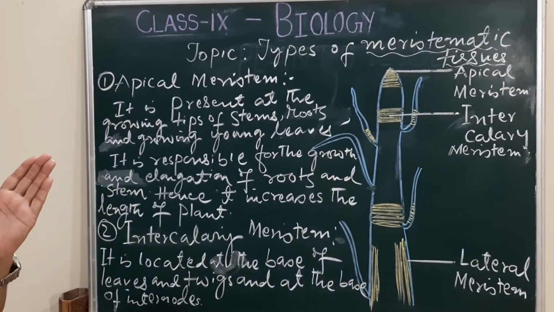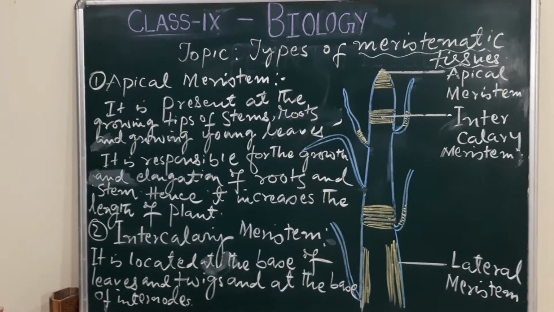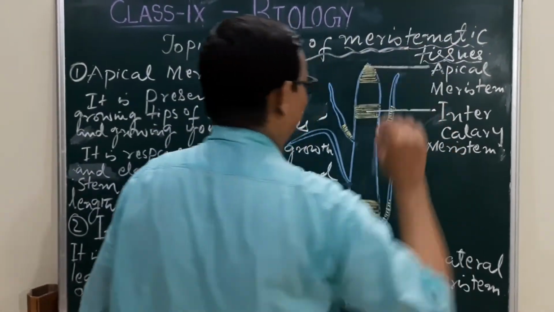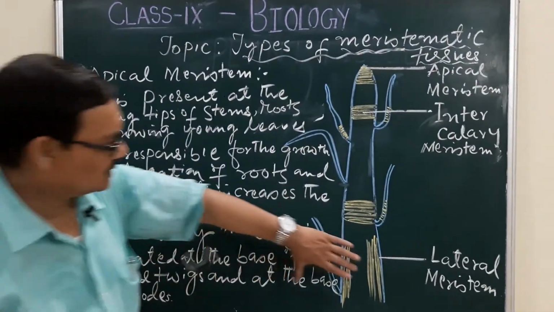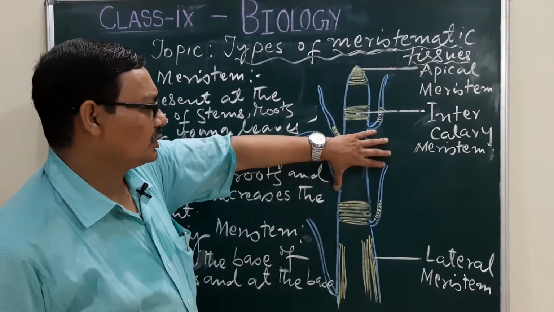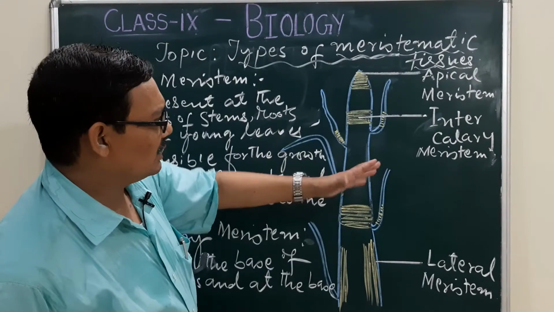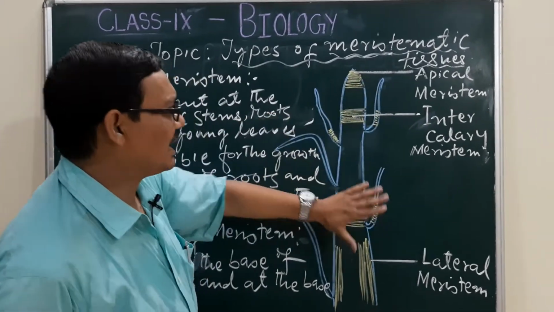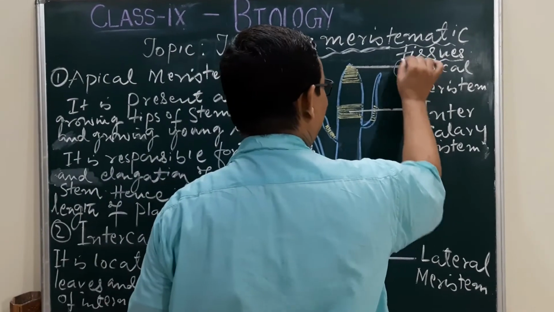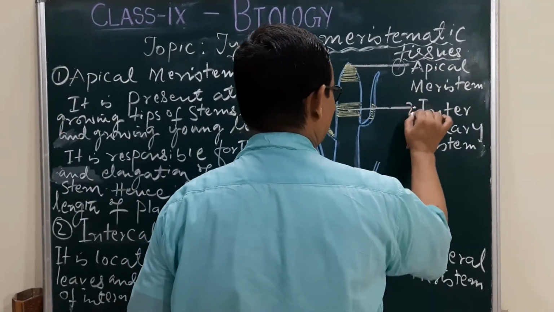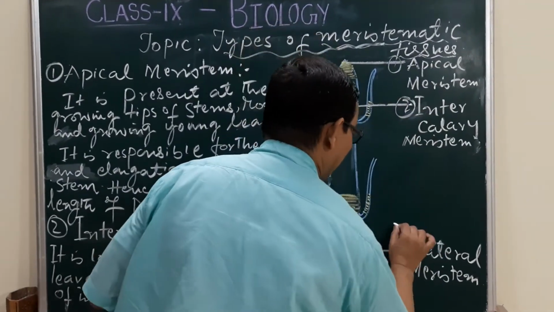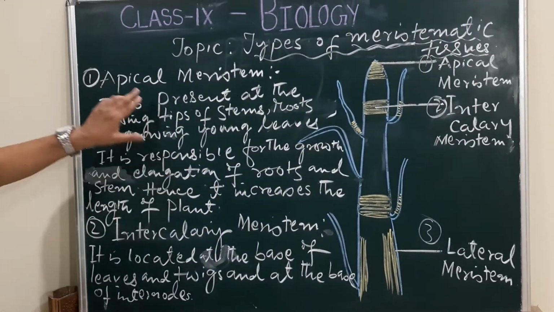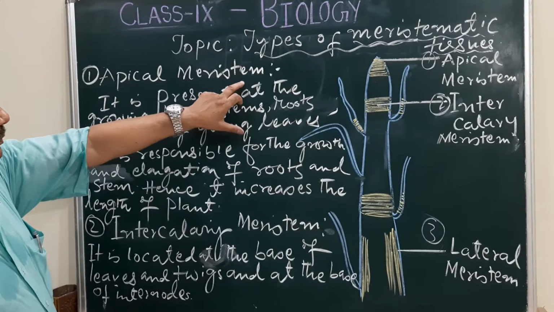After knowing this, now in today's lesson we will start types of meristematic tissue. Here, with the help of a diagram, you have to understand the different types. Number 1 is apical meristem, number 2 is intercalary meristem, and number 3 is lateral meristem. And the description of apical meristem: